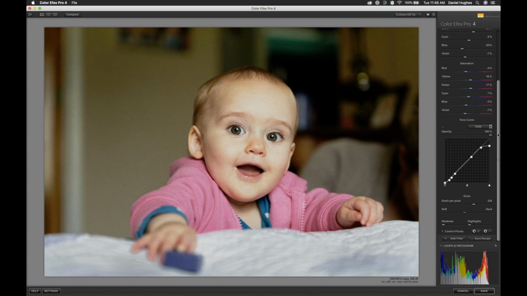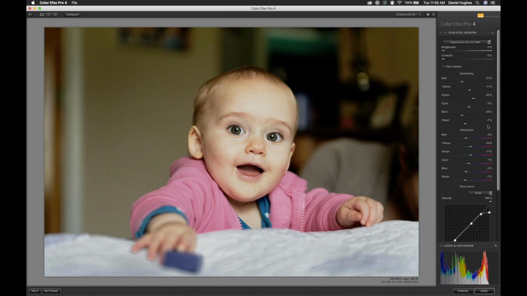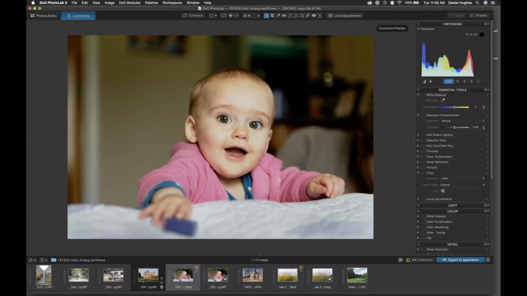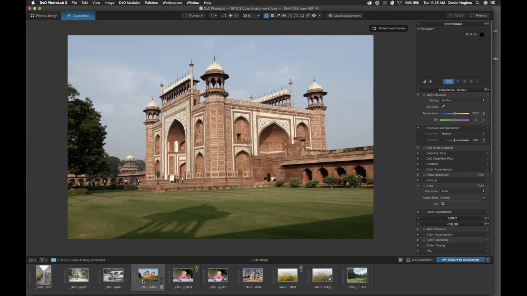So let's say we love this effect. We've got our Pro-Via effect. I'm going to click the Save button in the lower right corner. That's going to bring us back over into our host piece of software. And for the remainder of the webinar, I'm going to open two images up into Photoshop, and we can sort of finish out. So as my Photoshop launches, I'm going to take this image, and we'll come back and take